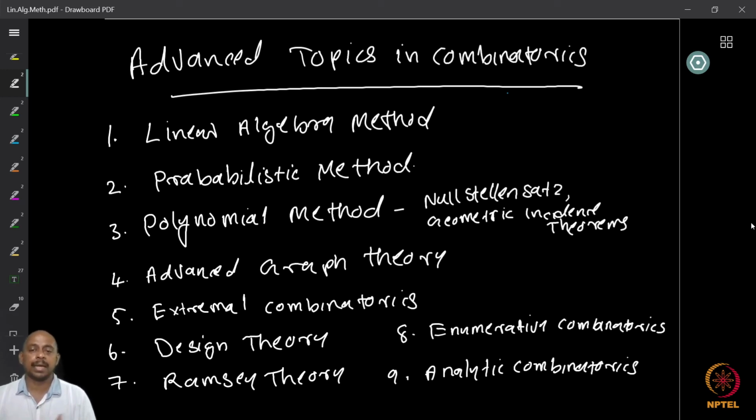For example, we are talking about lines, right? Intersecting lines and other shapes, and then you can talk about the number of them, and you can talk about the number of extremal points and things like that. So these are the tools from the polynomial method. There are several more which we will not look at in this course, but I just wanted to tell you about this. Then there is, of course, advanced graph theory, where many